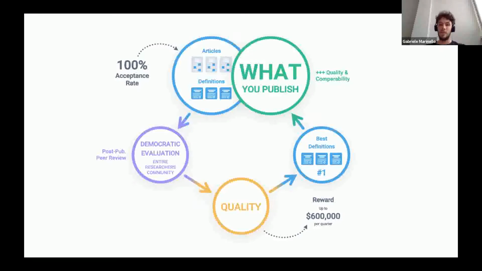But the entire process might take not weeks, not months, but years, and it can take even many years just to respond to that paper and start a discussion on that definition. It goes on for years. So we want to make things much quicker, much more reliable, and we're just using all the tools that the internet is already providing us.